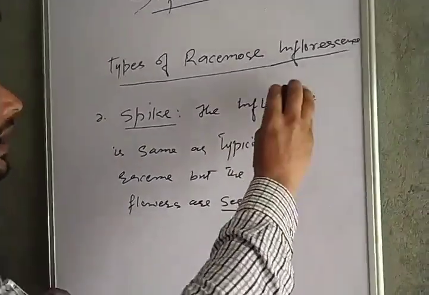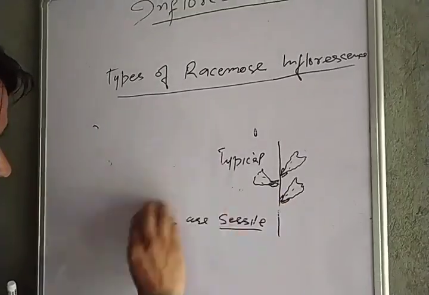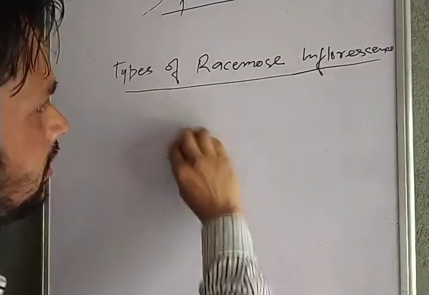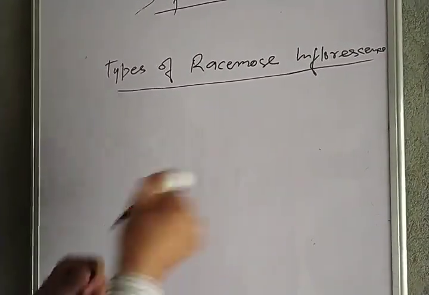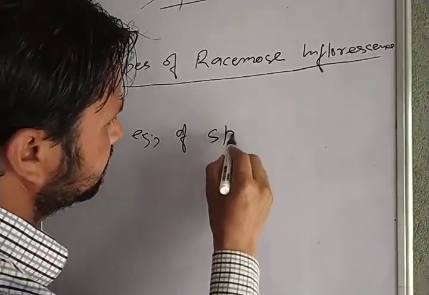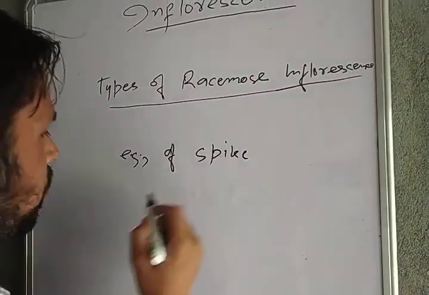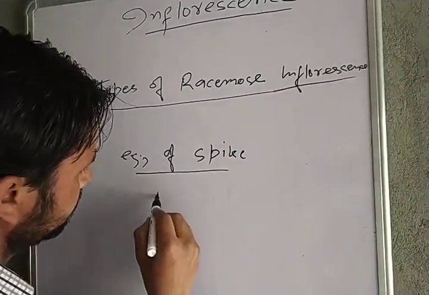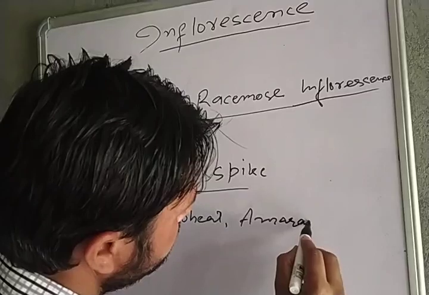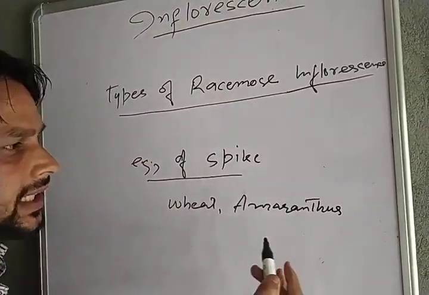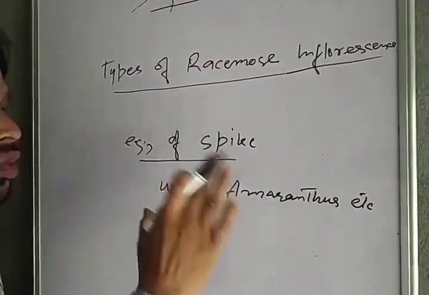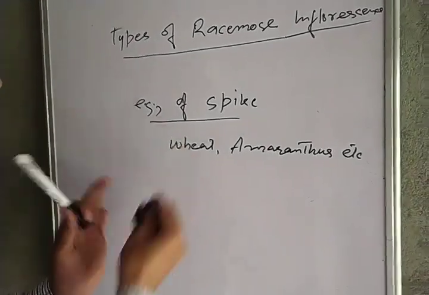Okay, now we will move to the next one. The example of spike. We can say wheat, Amaranthus, etc. These are the examples of spike. Okay. Now